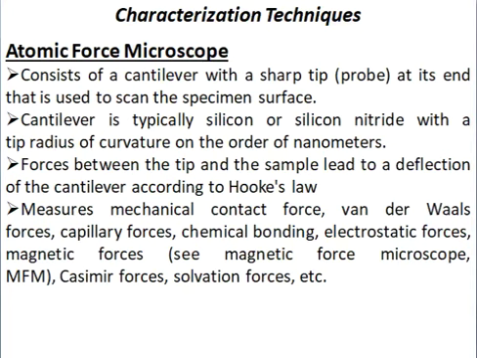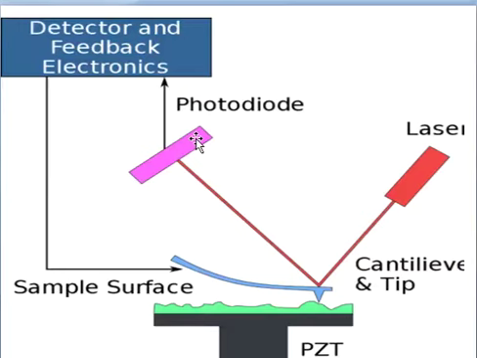In construction, this is very simple. Basically, it comprises a cantilever tip which will move on a particular surface where the topographical image is to be generated. Here, a laser is used which will reflect from the cantilever beam and will be recorded on the photodiode. The movement of the laser